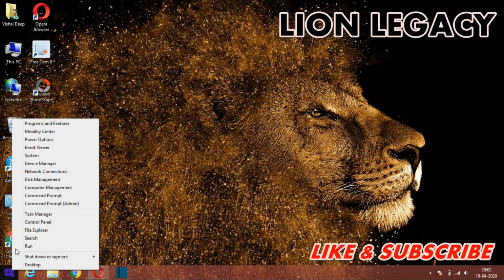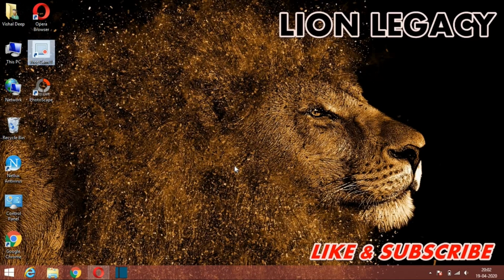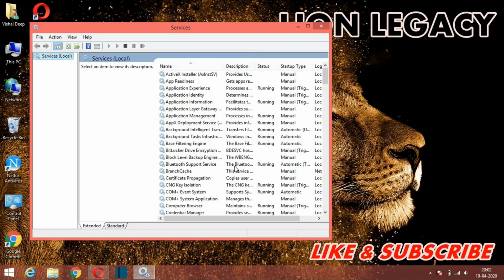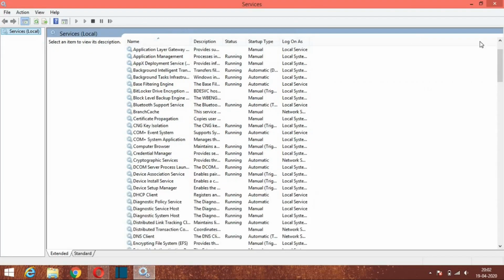By right-clicking the Start button and type services.msc. Then search for Security Center and